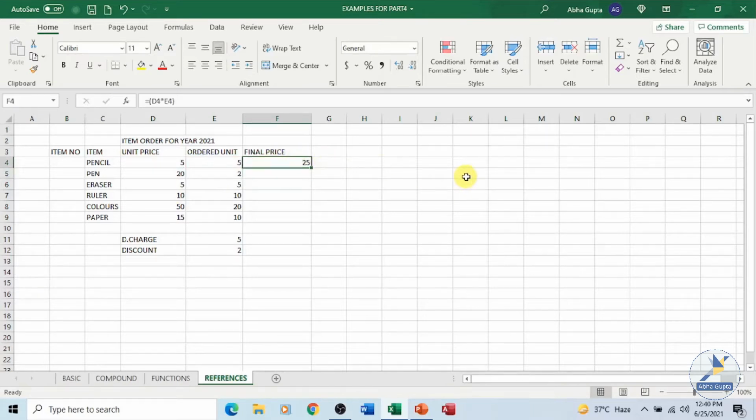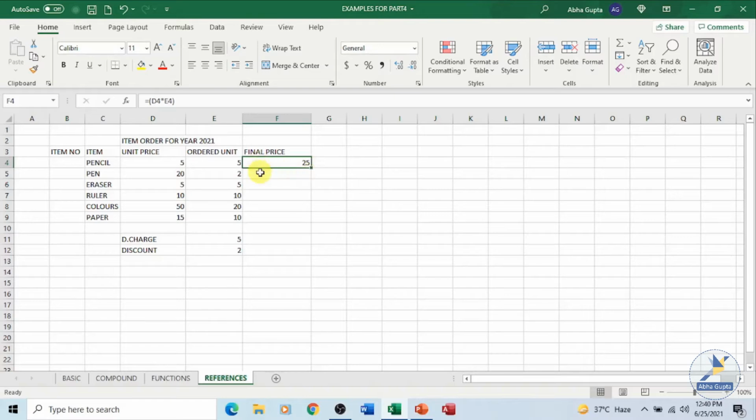Now, as I said, in relative referencing, when we copy or move the formula, the reference changes automatically in relation to the active cell. This is my active cell. The cell references, or addresses, shown here are D4 and E4. The moment we copy this formula to the cell below F4, the formula will change automatically on its own.